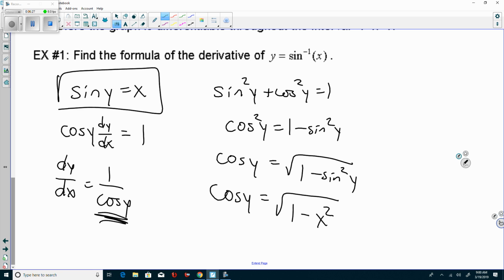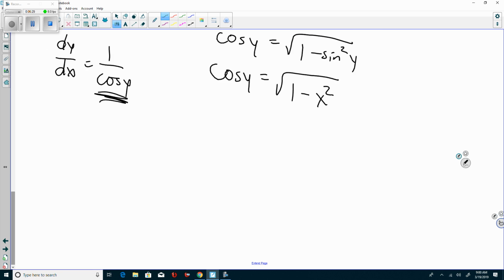I could very easily just say, okay, we have the derivative dy dx equals 1 over the square root of 1 minus x squared, and say, take it at face value. But this is the rationale as to where it comes from. And like what they have in the book, ultimately, if you look all the way at the bottom, because you're using u's, and I was going to use x, remember we have to also use the chain rule. So the derivative,